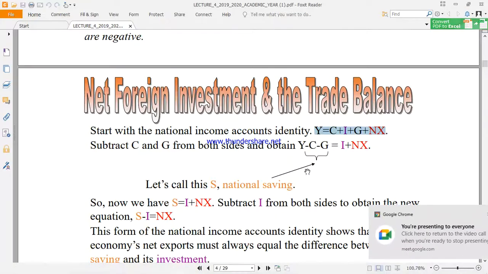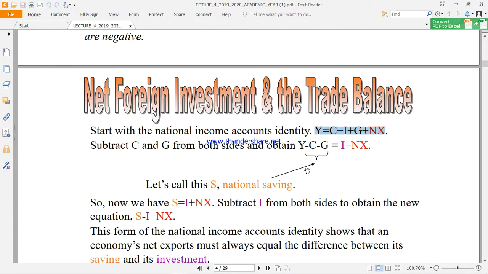Okay, so what I'm saying is national savings can be broken down into two: public savings and private savings. So private savings comes from we, the consumers. Then public savings comes from the government. So we can then say that national savings is equal to private savings plus public savings. So what consumers save plus what the government saves equals national savings. Now let's get back to